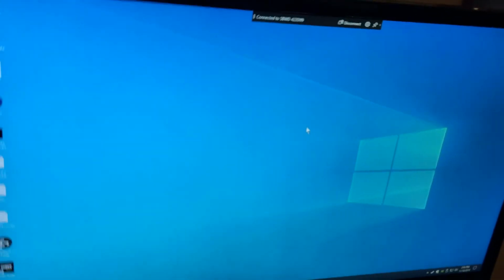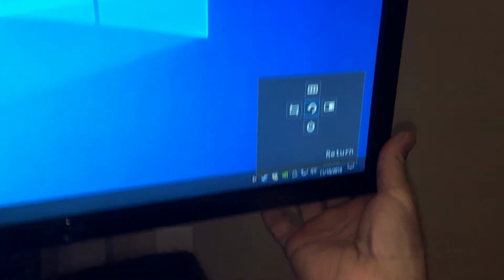I connected the HDMI cable. This is another computer on another HDMI. But let me get the actual Dell R5. So let me go to here and click on that to switch. It's not HDMI 2. It's actually going to be...